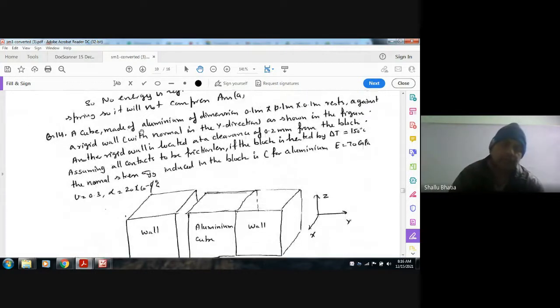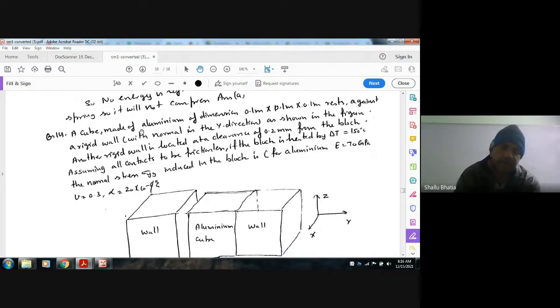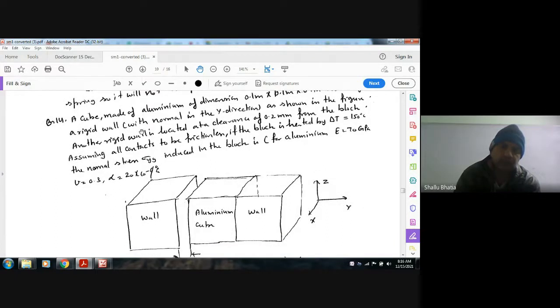Next, a cube made of aluminum of dimension 0.1 meter by 0.1 meter by 0.1 meter rests against a rigid wall with normal in the y direction, as shown in the figure. Another rigid wall is located at a clearance of 0.2 mm from the block. Assuming all contacts to be frictionless, if the block is heated by delta T equal to 150 degrees Celsius,